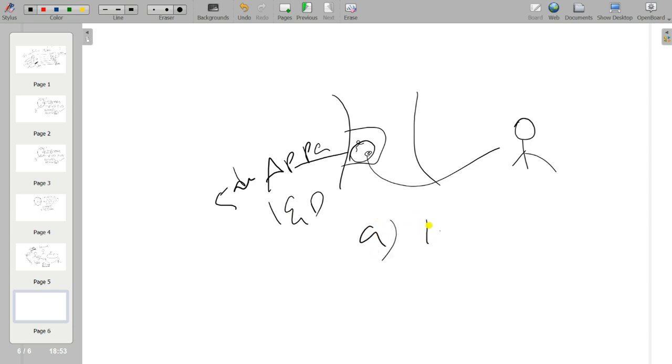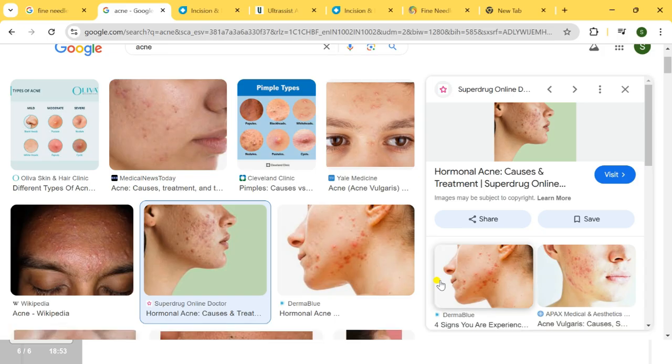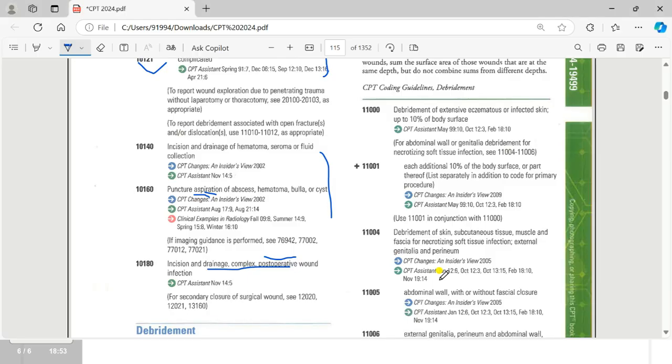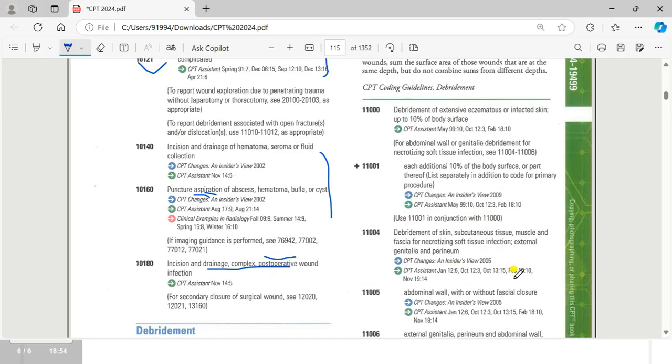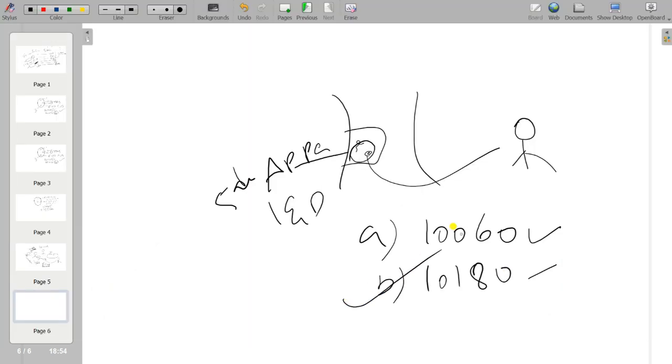So will you code 10060 or will you code the CPT code 10180? These two are I&D, but if you see the CPT code description, postoperative infection, they are doing I&D. We have to code option B, not 10060.